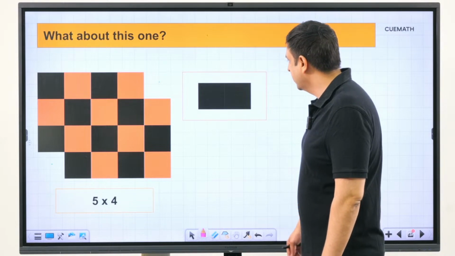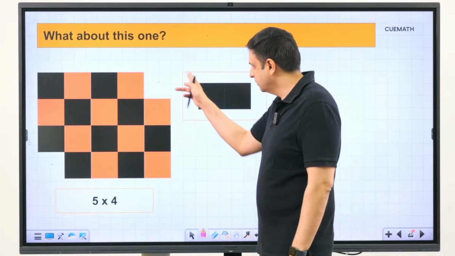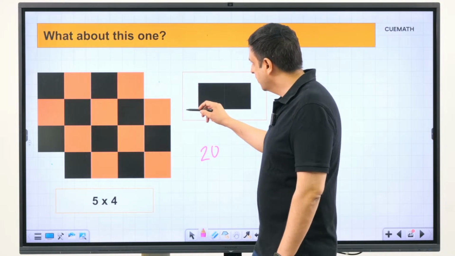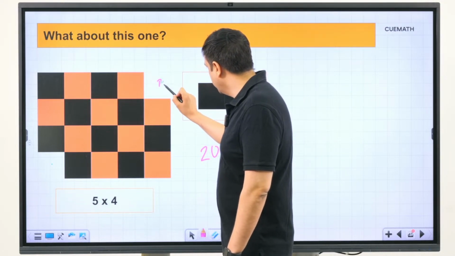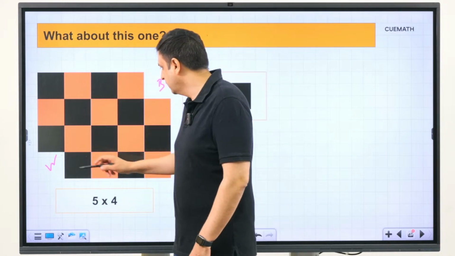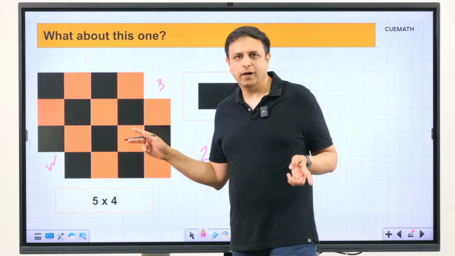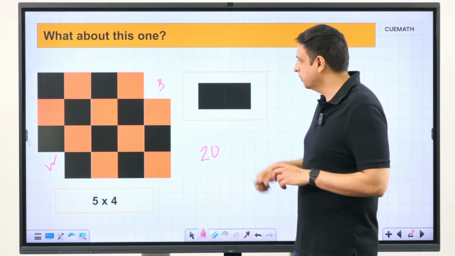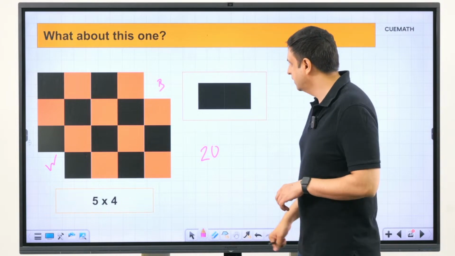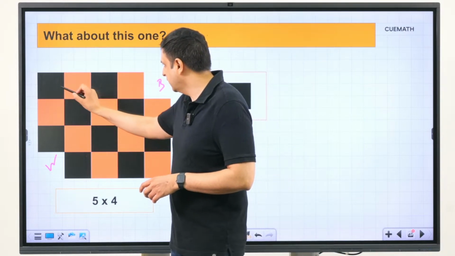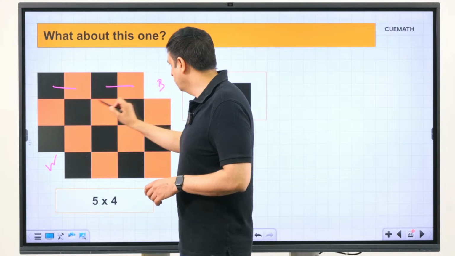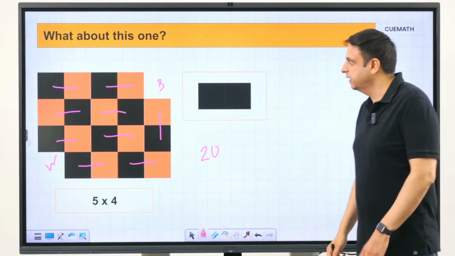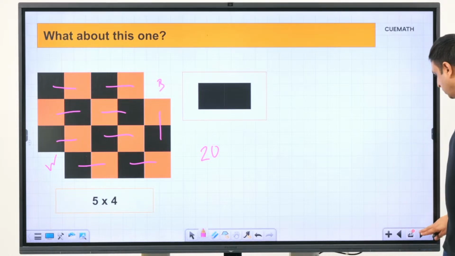So let's see. In this case, the original chessboard has 20 squares. You take out 2 of them, and here there should have been a black square, here there should have been a white square. So you now take out 1 black and 1 white, and you are left with 18 squares, of which 9 are black and 9 are white. So therefore it should be possible to cover this chessboard with these dominoes. In fact, if you try doing that, you will see. You place one here, 2, 3, 4, 5, 6, and then 7, 8 and 9. So yes, it is indeed possible to cover this one with 2 cross 1 dominoes.